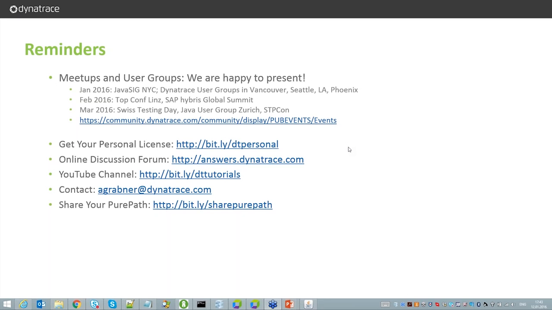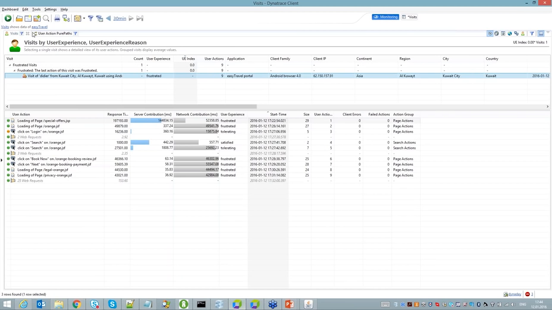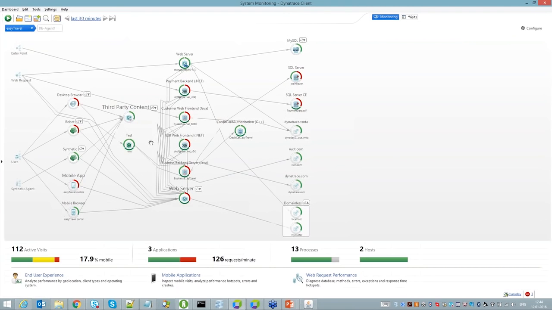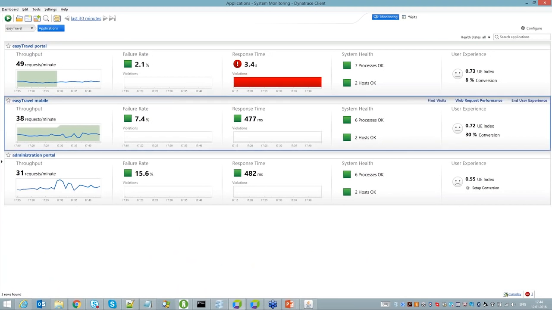Is auto baselining present in Dynatrace like in AppDynamics? Yes, we auto baseline. I don't have all the technical details of AppDynamics, but the way we do it, we don't believe in averages or in standard deviation. We believe in percentiles. So we look at response times. Let me show you how this works in my larger installation, this one here. We baseline the median and the 90th percentile of your critical business transactions,